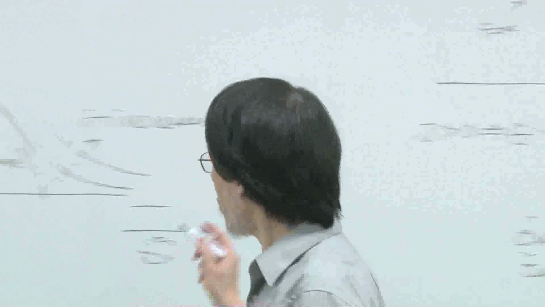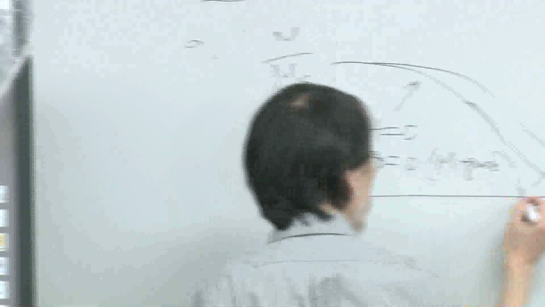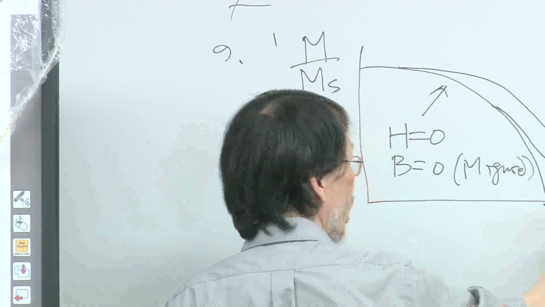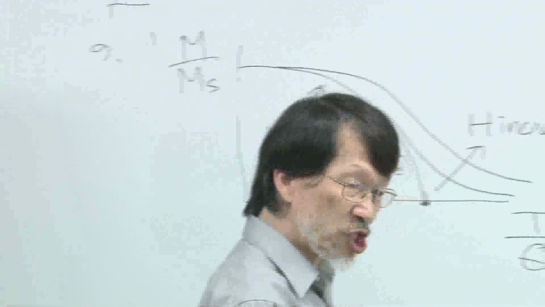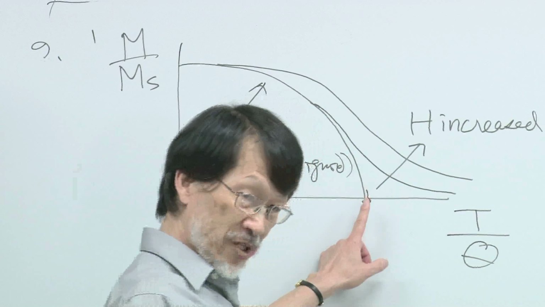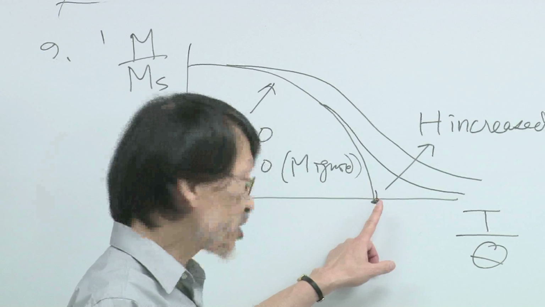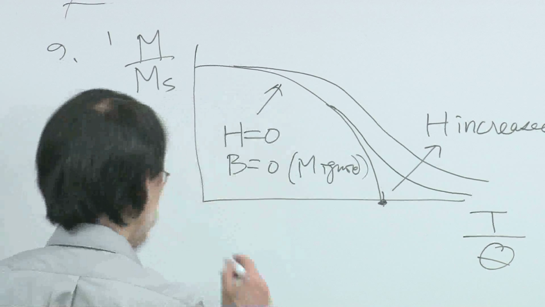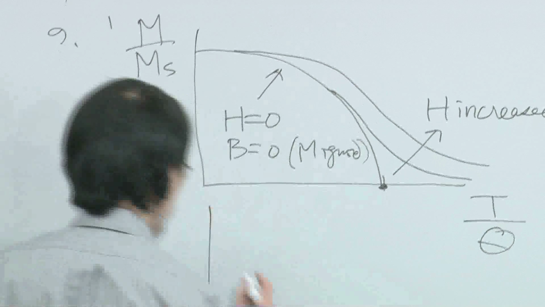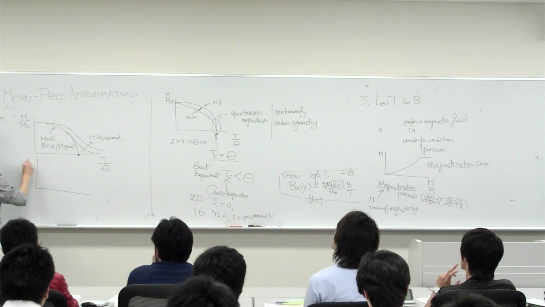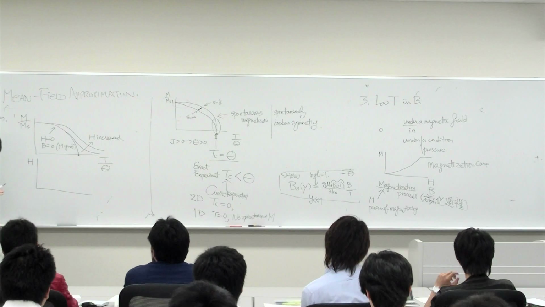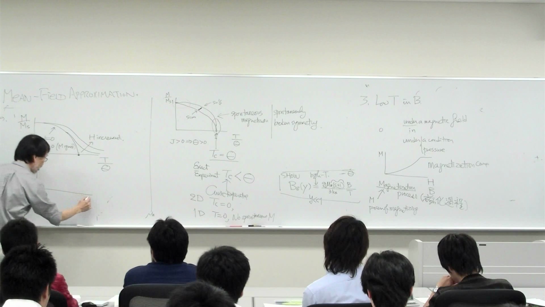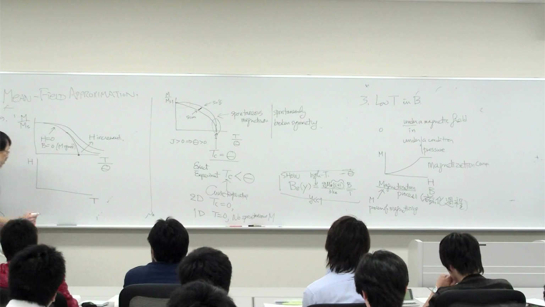So now notice when the magnetic field is 0, there's a unique temperature, theta, above which the magnetization is 0, below which spontaneous magnetization shows up. As soon as you apply magnetic field, there's no special point anymore. So this implies, if you look at the phase diagram, in which here you plot either the H field you apply or the total field, B field, doesn't matter, and the temperature, then